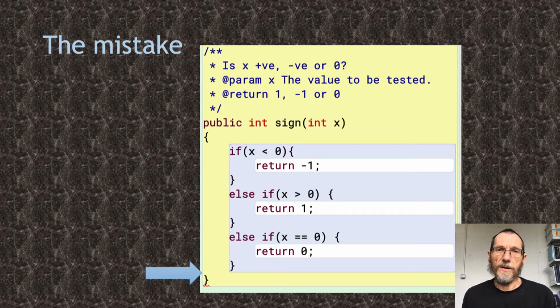We have a method whose purpose is to return -1 if its parameter's value is less than 0, 1 if its parameter's value is greater than 0, or 0 if its parameter's value is 0, a method we sometimes call sign. Now we can clearly see from the logic that this method is guaranteed to return one of those three